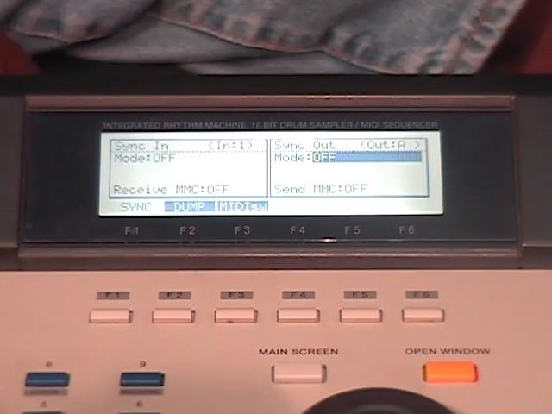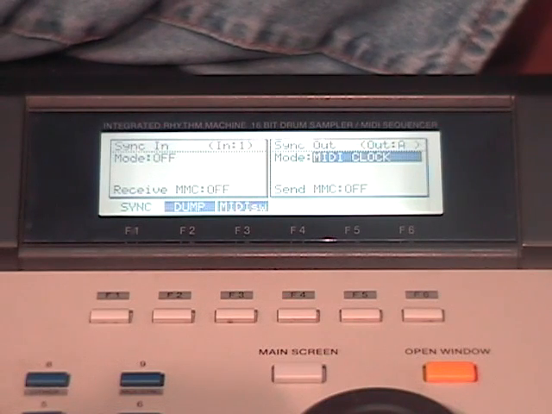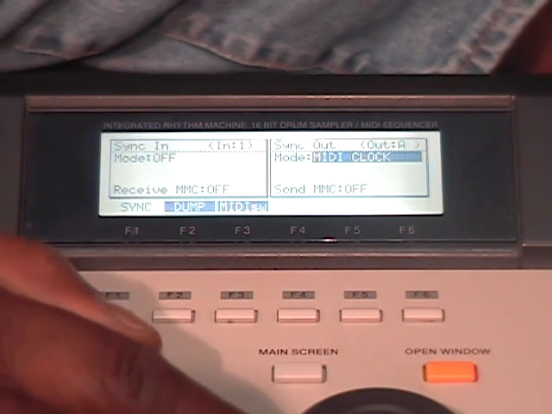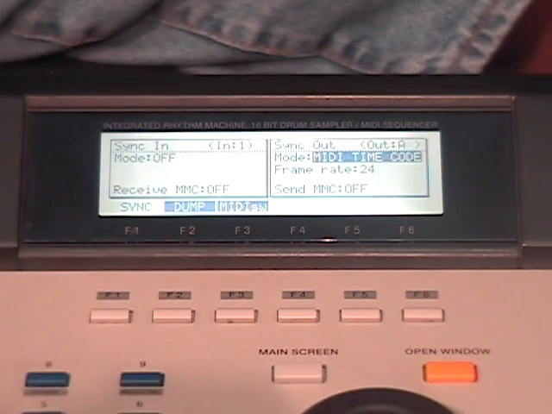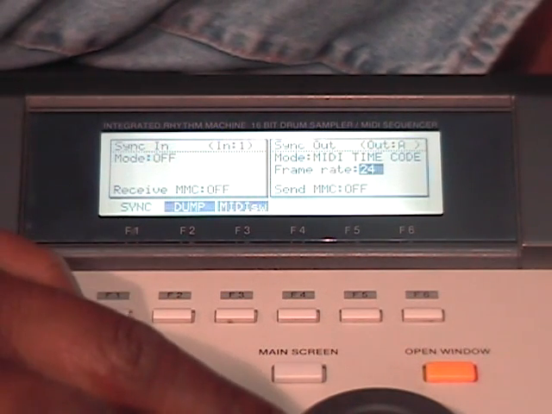Okay, now I want to sync out. I want to send a sync out of the MPC to my system. I want to use MIDI clock. Now I want to sync out and use MTC. Now when using MTC, we must set a frame rate. My cursor down. Now the frame rate